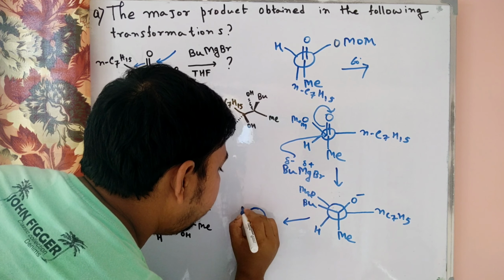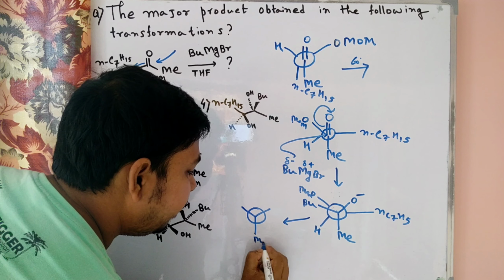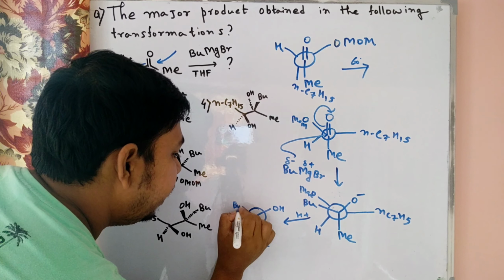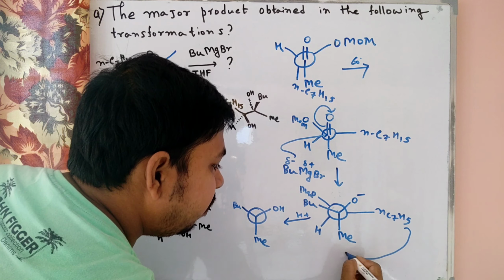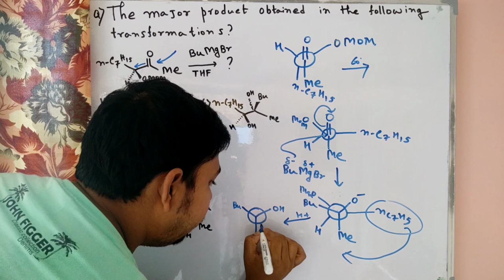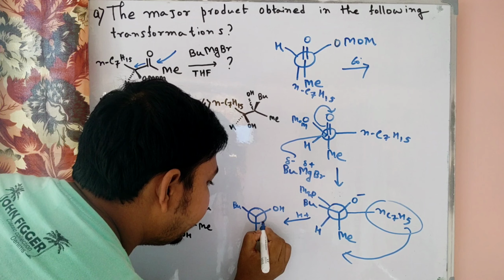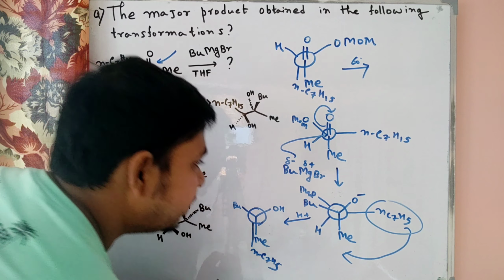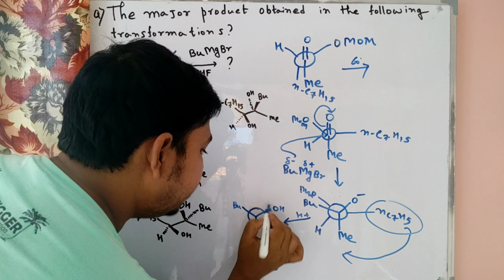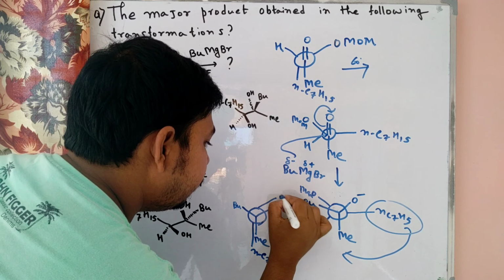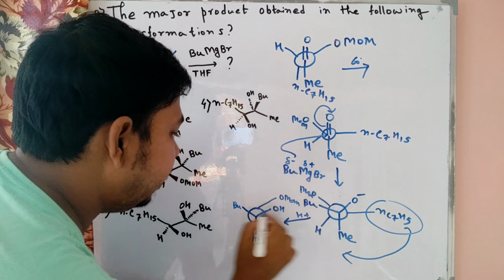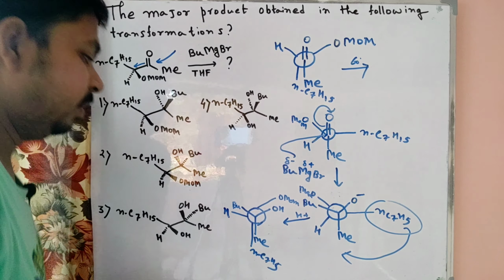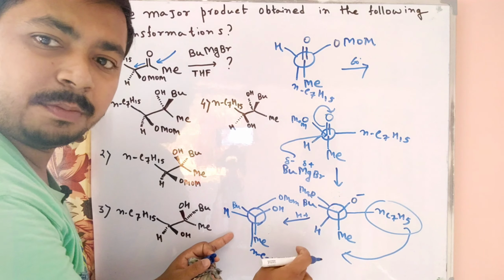Our front carbon remains the same. So our methyl, we can easily say OH in the presence of H plus, and our butyl. So we rotate this bond here. Now in our eclipsed form, NC7H5 is present here, and our OMe group is on the right side, and our butyl group and OMe group are on the right side, and hydrogen is present here. So this one is our conversion to the eclipsed form.